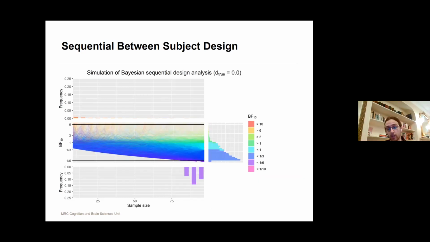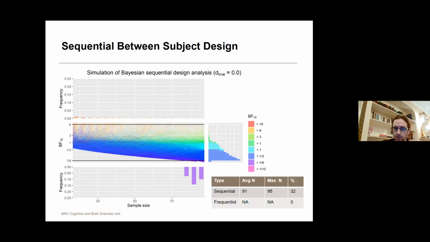And something that you obviously can't do with a traditional unpaired t-test is we get evidence for the null hypothesis as well. In this particular design, for instance, with an average sample size of 91 participants per group, we get at least strong evidence for the null hypothesis in still 32% of the cases, which is not overwhelming, but specifically in between-subject designs, you need to have a lot of participants to really get your number much higher than that,